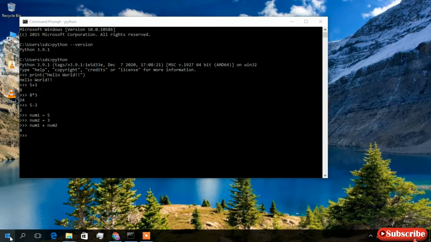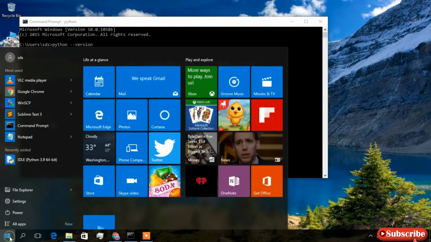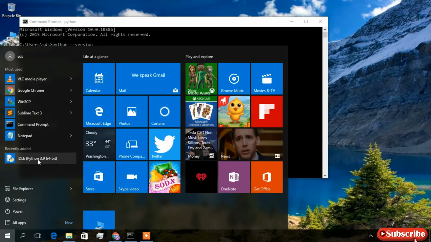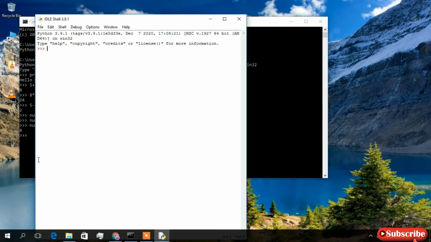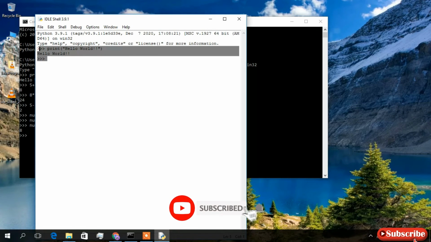But apart from that, by installing Python, you will also get this Python IDLE. So just click on that. And now as you can see, this Python IDLE shell 3.9.1 has been rightly opened. In here also you can do a similar operation, like just print hello world. Then just enter, and as you can see, this hello world has been rightly shown in this IDLE